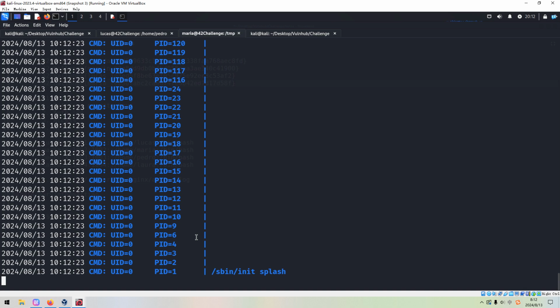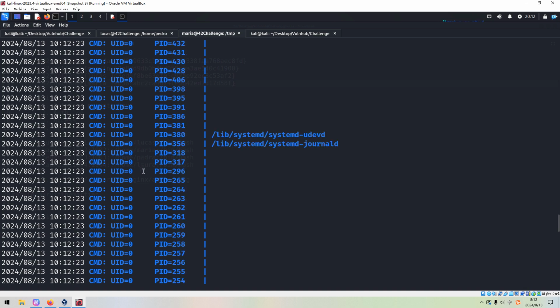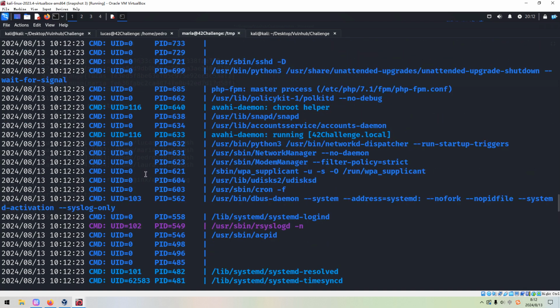The pspy64 utility can help us display all processes, even those belonging to another user rather than the current user. For example, UID equal to 0 means that this process is owned by the root user.